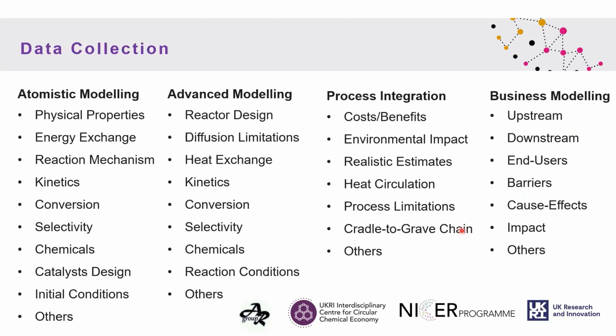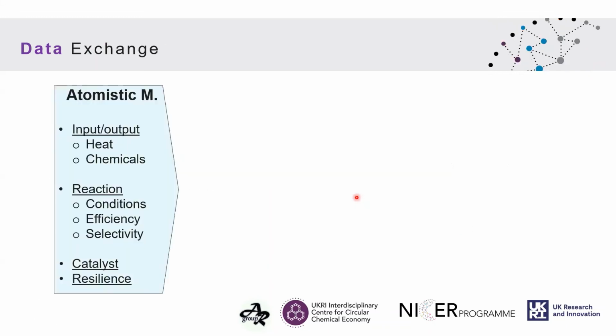So if I summarize all the information that we can take, it's substantial, and not all of it will fit. From the atomistic to the advanced, to the process integration, to the business model, not all information is needed. So if we consider only the information that we need to pass from one model to another, from one scale